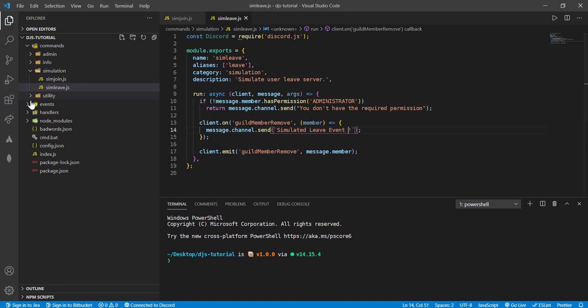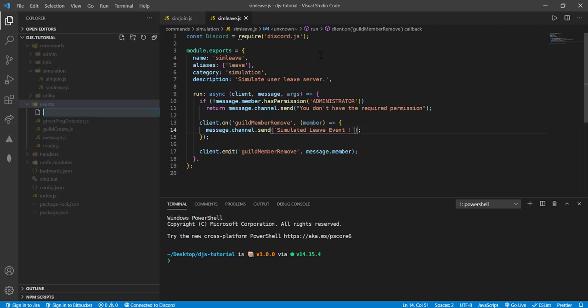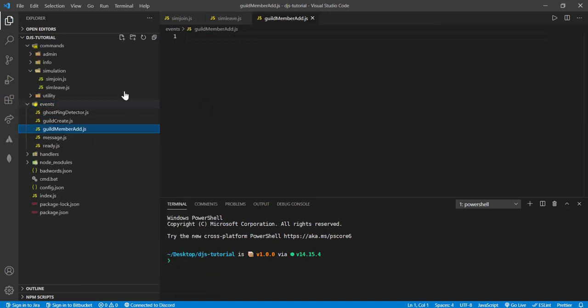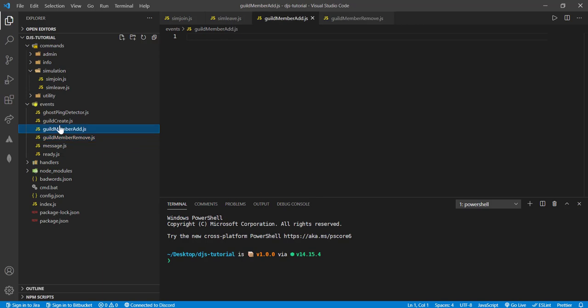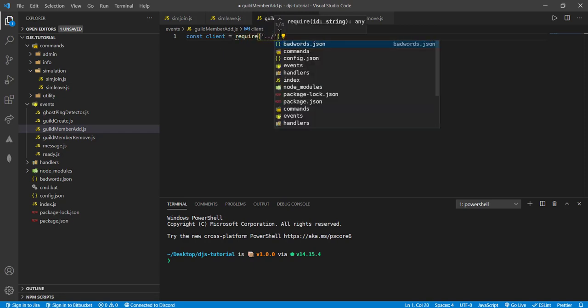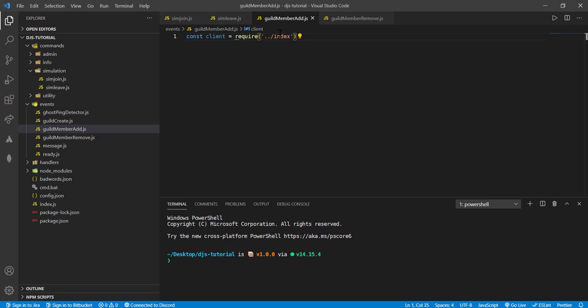So today we'll be messing around with the events folder. So let's create a guildMemberAdd.js and guildMemberRemove.js. So as usual, we will be needing client, so const client = require('../index'), and then